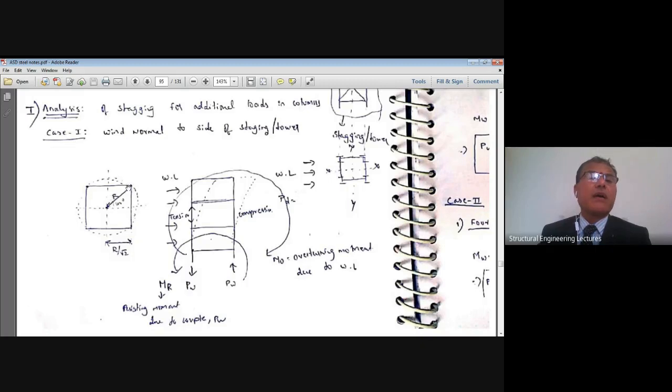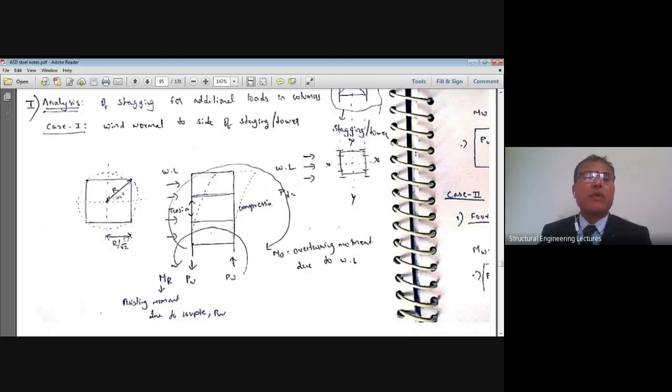If that radial distance is r, then the horizontal distance from the CG of these 4 columns to the bracing is r by root 2, because this is 45 degrees, 45 degrees. Similarly, this is r by root 2, r by root 2, r by root 2. Then the same is now shown in plan here. This is the plan, 4 columns. Now wind is